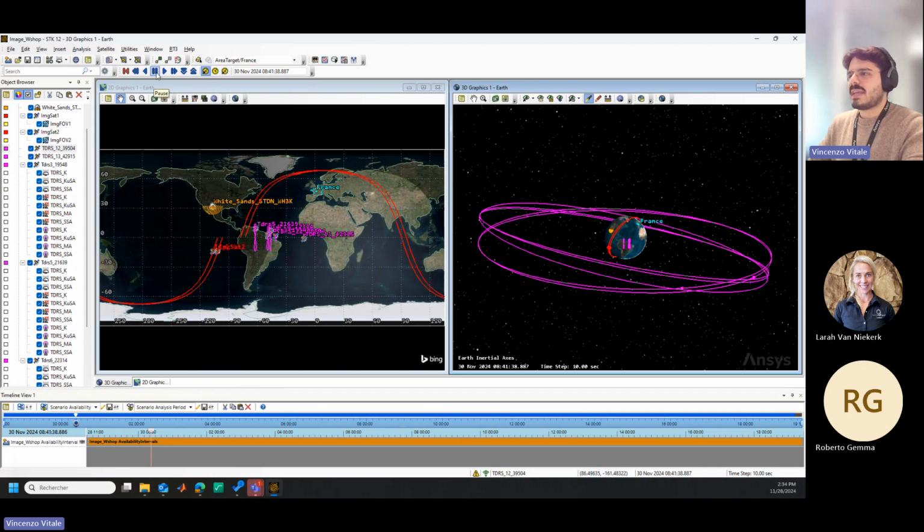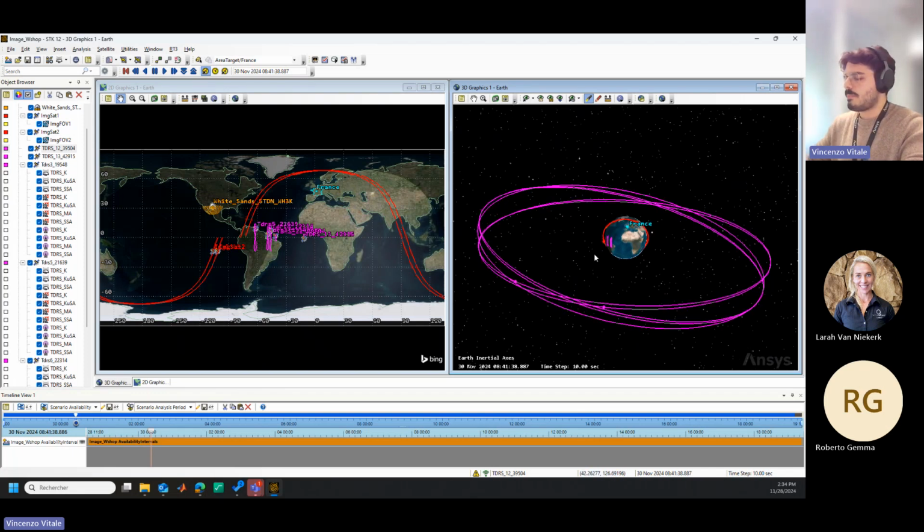But in this case, I may say that we have a lot of clutter and we don't have the correct information, the showing of the useful information over the 3D graphics. So before continuing, we might toggle off the ground tracks and the orbits for all the satellites and just extend the names of the satellites for a longer